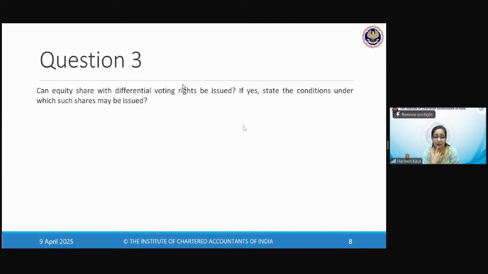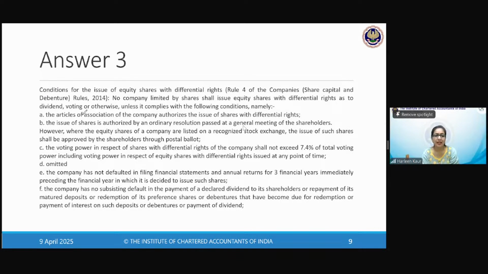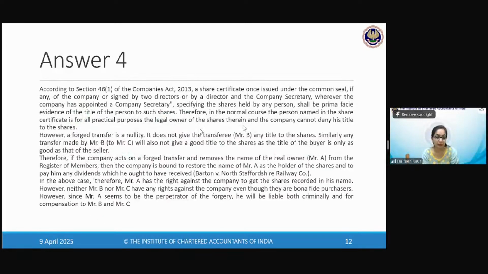Priyanka, I was trying to confuse you and you're confused. No, ma'am, is the correct answer. No. OR will be passed in differential voting rights, children. You forgot. AOI has to have the authorization. OR needs to be passed. Voting powers will be different, shall not exceed 74%, and all those points related to defaults. All the points that we have done in the chapter in my slides related to DVRs will have to be mentioned over here.